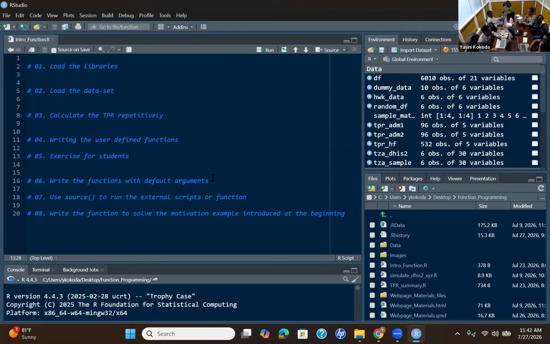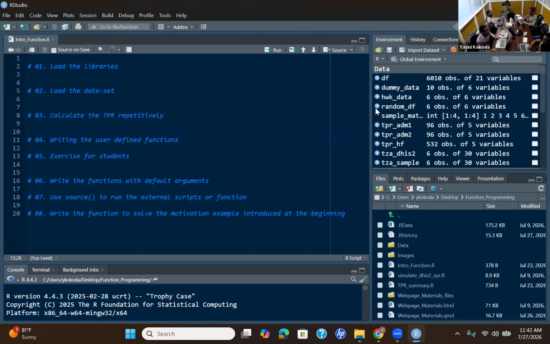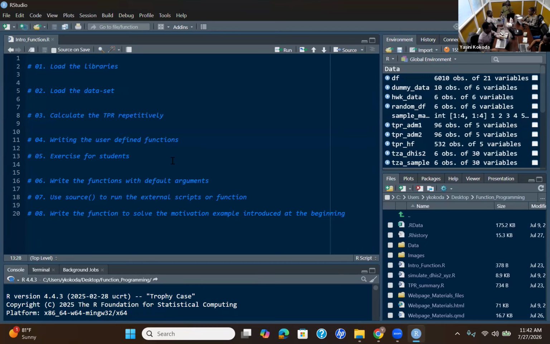And then we will try to modify the arguments or parameters, and then try to use the source function for using a function from another script you have written previously. And finally, we will write the function which can solve our motivating problem of summarizing this.